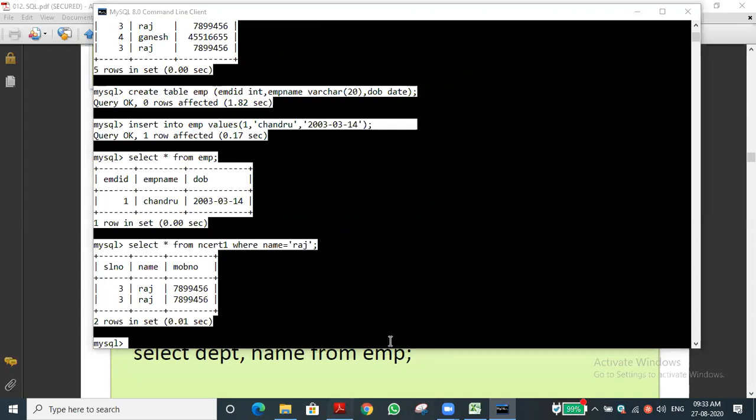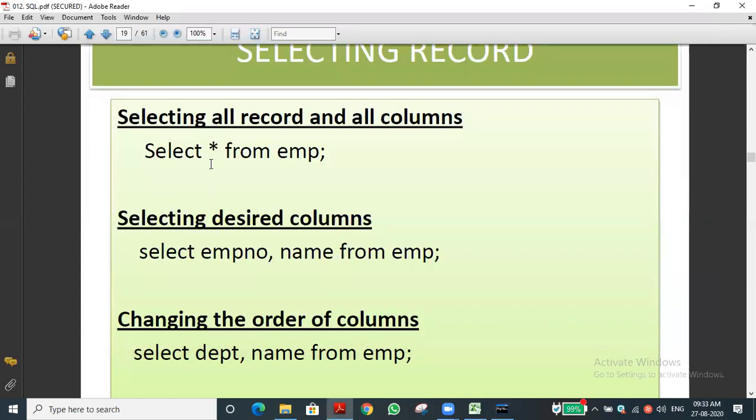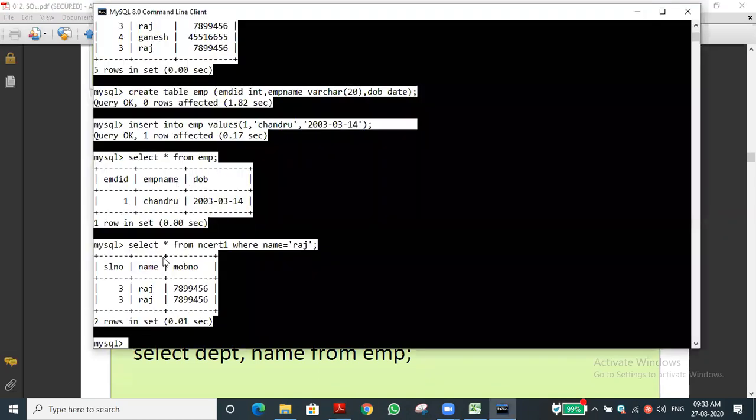Let me go to the site for detailed understanding. Okay, you can see select all from. You can write down this command also. Select all from EMP. That means all the records, as we discussed. It will display all the fields, all the records. Okay, I want to know only desired columns. Let me see the example. I need not show the mobile number, serial number and name only I want to display. So what is this command? Select.